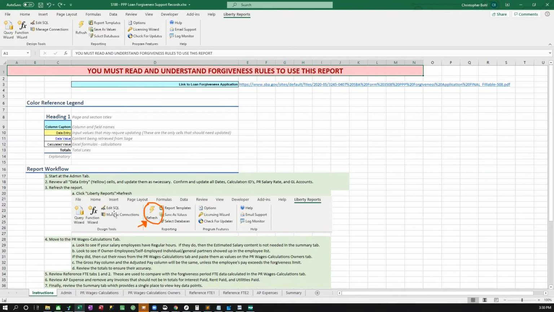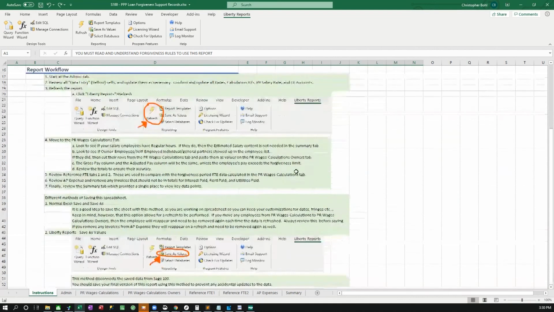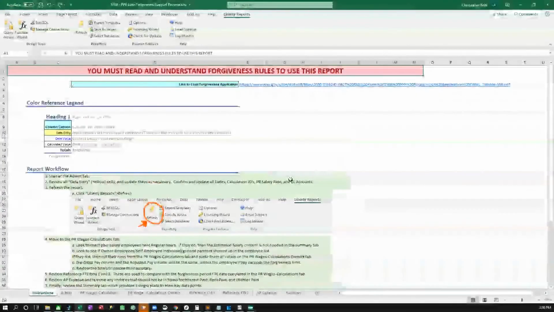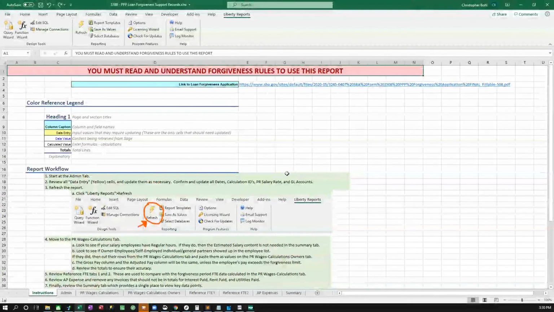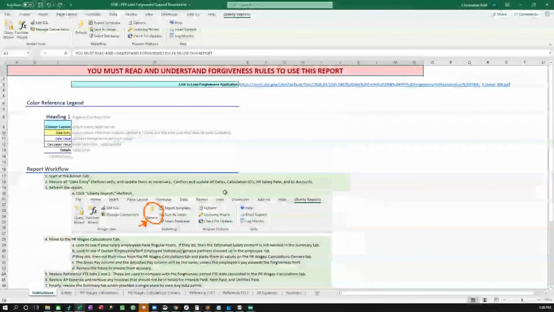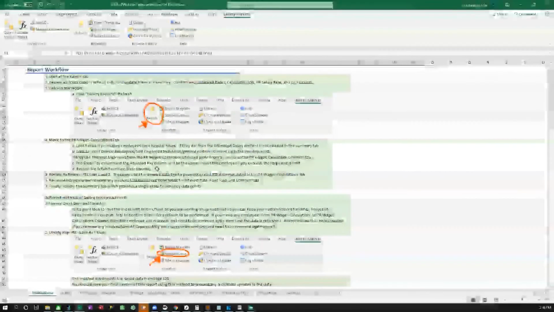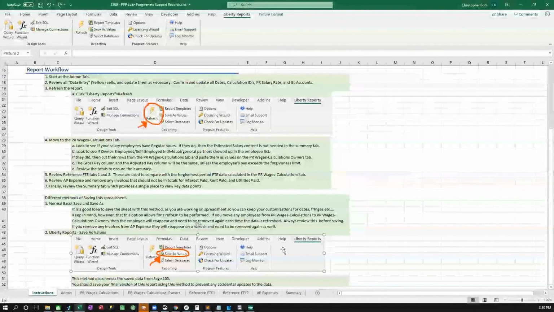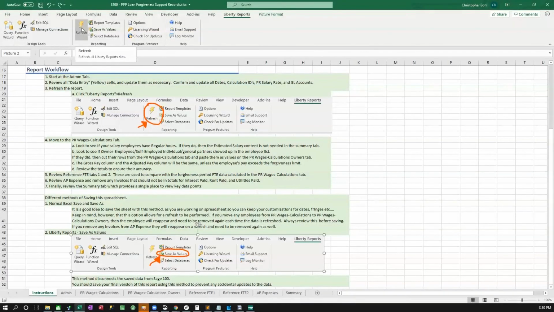Here we've got the first tab, which is instructions. It's a pretty basic set of instructions, but it does carry you through step by step. If you feel comfortable with those, you don't need to watch the video. Just get your report and move forward. We're not going to go into each of these instructions individually, but we do want to take out the two important pieces.